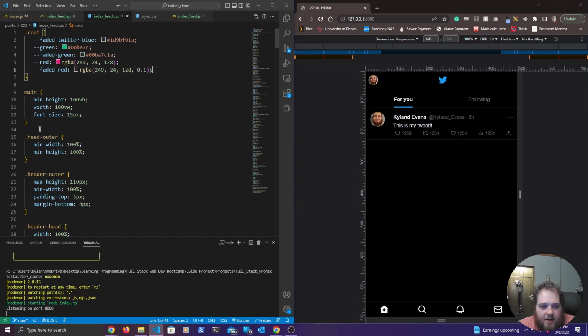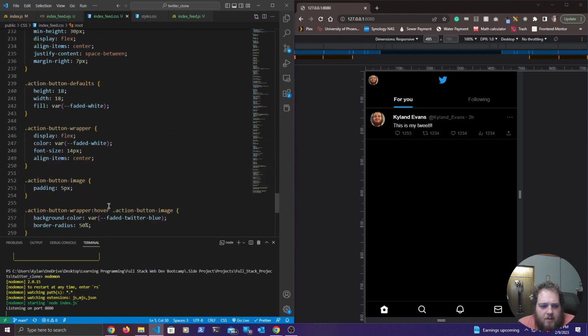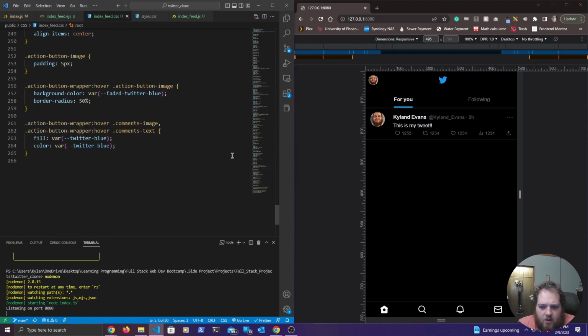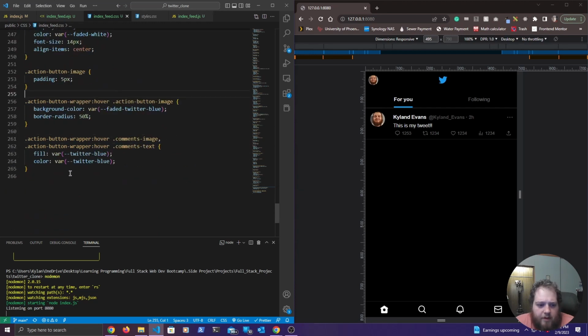Okay, so I think I got the colors that are pretty close. They're probably not exact, but they're close enough. So I just saved those in variables,